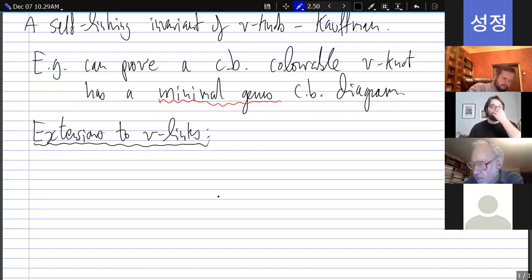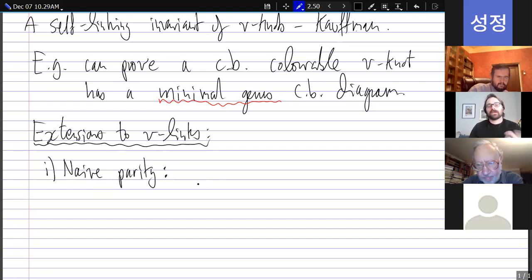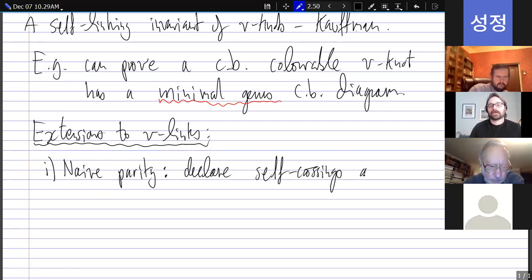And there have been a few. There's one that you can do almost immediately, and this is, I refer to this as the naive parity, but other people might have different names for it. And you could simply declare self-crossings as even